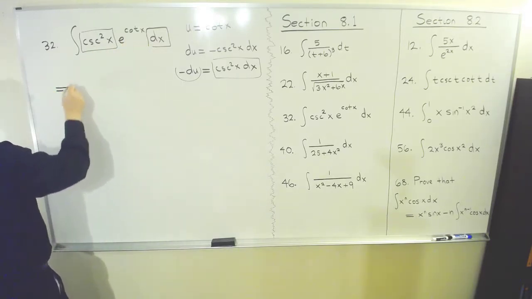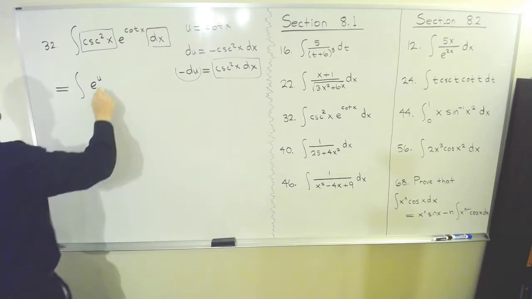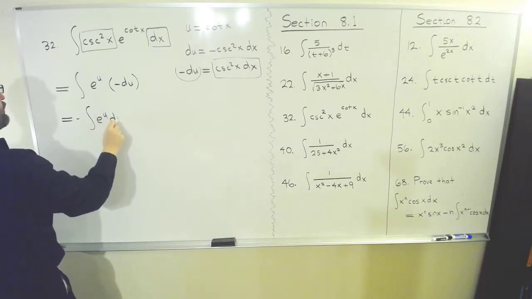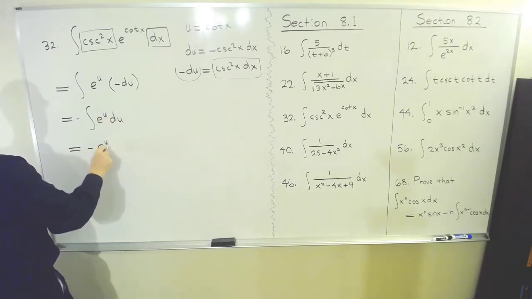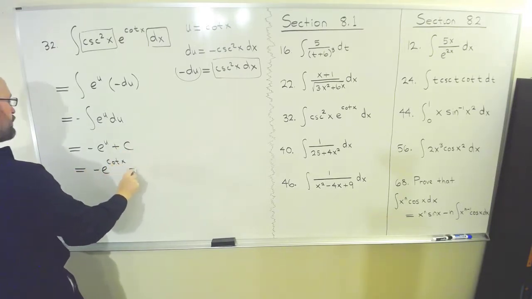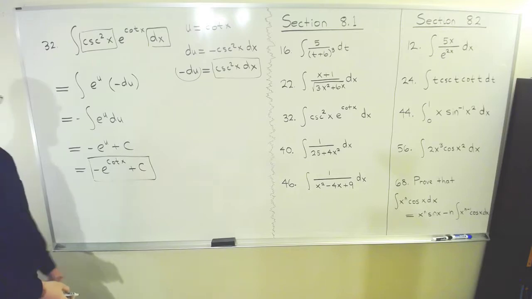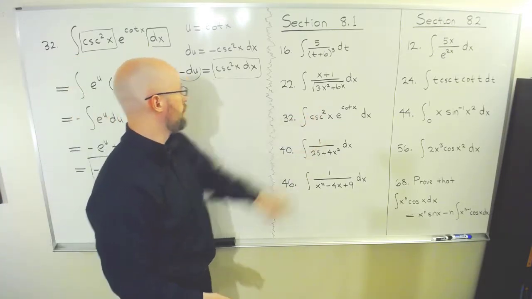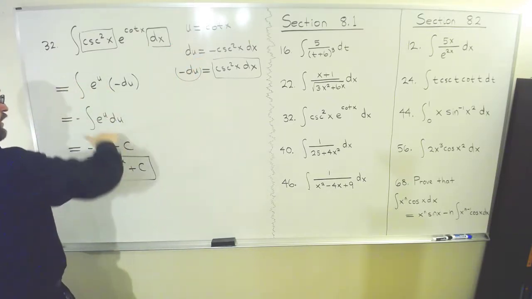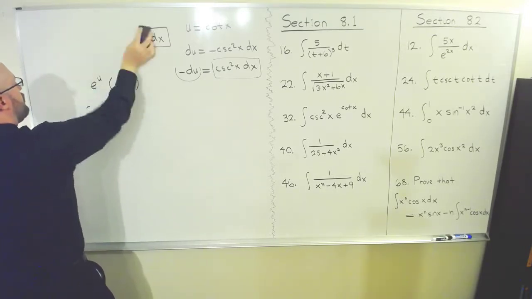So I can proceed to write this as integral of, if I put in this part first, that's just e to the u, and then what's left is just minus du. So this is minus integral e to the u du. You know what that is. It's minus e to the u plus the constant of integration, and then I can substitute back in what u was, and this is cotangent x plus the constant of integration, and that's the answer. So you see it was actually quite a simple problem, simpler than the last one, even though it looks really quite ugly. You just had to choose a good u, remember how to differentiate it, put this stuff in, and it works out magically. Okay, let's do